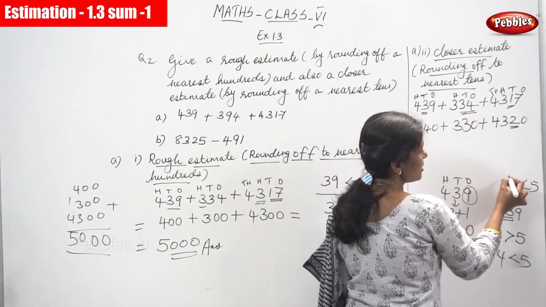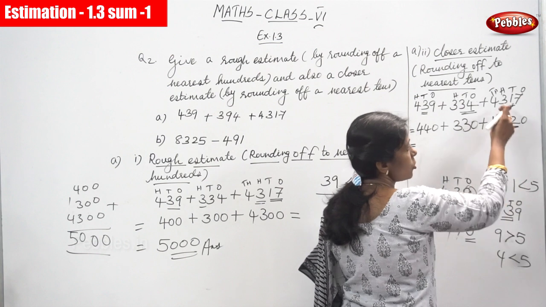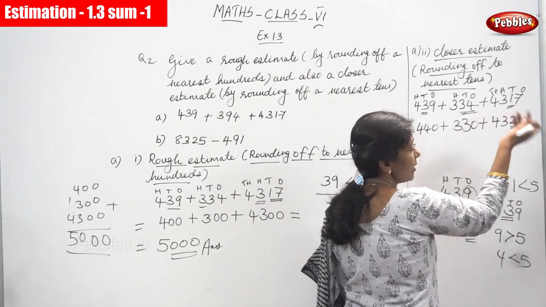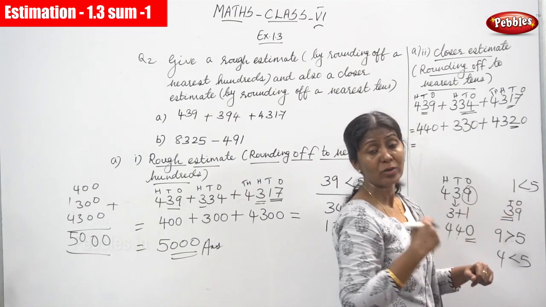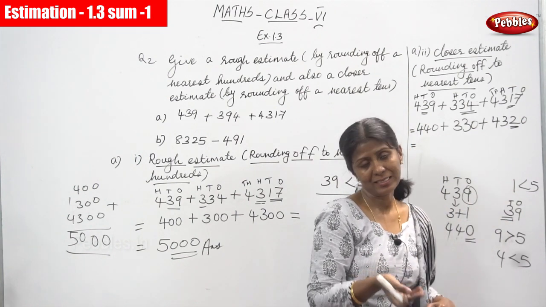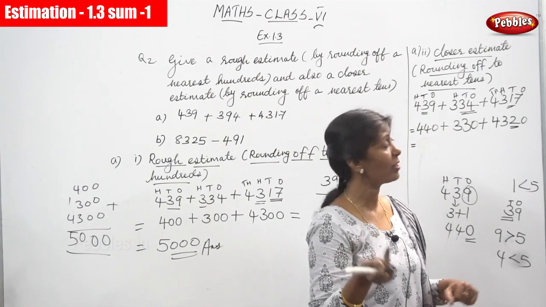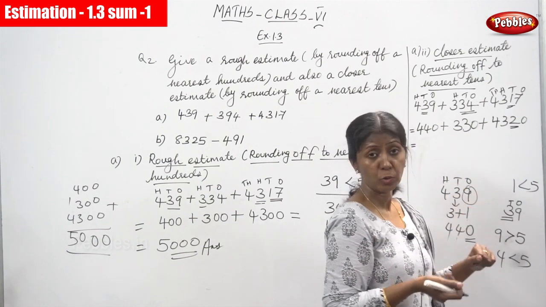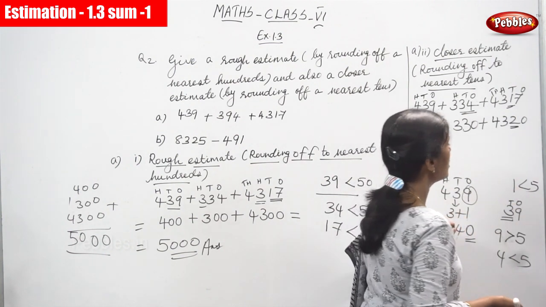What is the number in the tens place? 1. So 1 is less than 5, so it does not come under the rule. What is the rule? 5 and above 5 means you have to add 1 to the tens place value, but you can't apply the rule because 1 is less than 5. So what you're going to do,